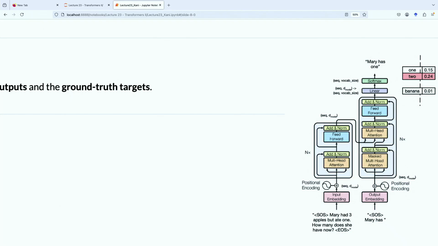Yes? With questions that are like this, like where it's like Mary had 3 apples, there's kind of logical questions. I think about large language models like ChatGPT, you can ask it logical questions like that. Like you can ask it a complex math problem. And it's able to give you a precise answer. Is there extra stuff in there in addition to the transformer for doing that, the sort of logical things, or is it purely just a transformer, like the language? So you mean just in general, or with OpenAI specifically, with ChatGPT, or with modern models? In general, like if I ask ChatGPT what's 73 plus 29,